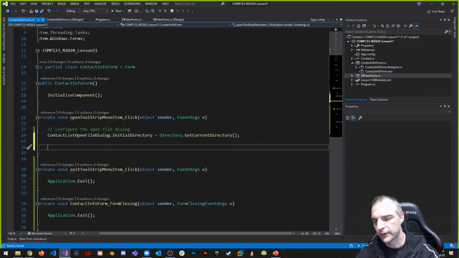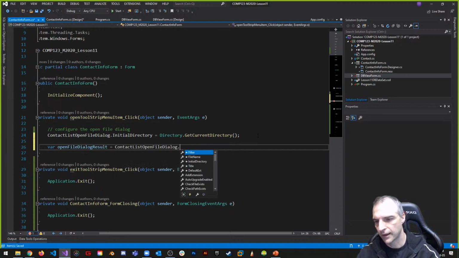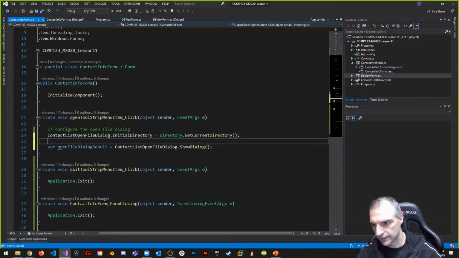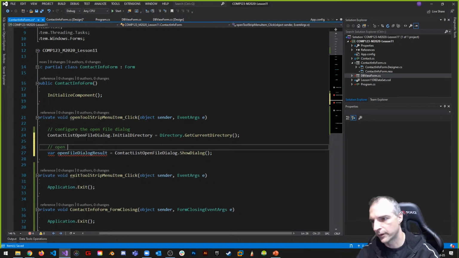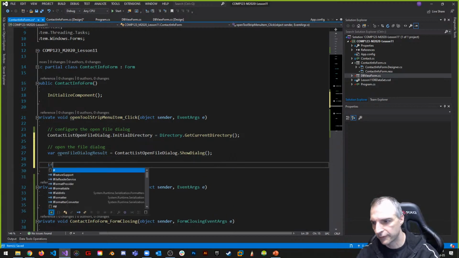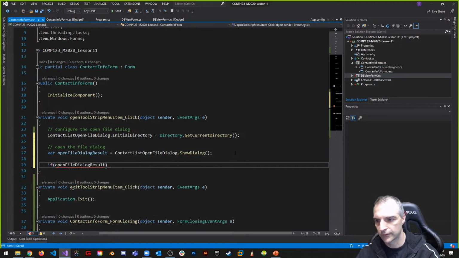And then what we want to do is, after we've done this, we've got our file dialog, it's committed. I want to open it up, right? So we need a var open file dialog result. It's not going to be the same, sorry guys. Dialog result is equal to the contact list open file dialog.show dialog. All right, we got this. So this is open the file dialog, right? And then once we open it up, if my open file dialog result is not equal to dialog result.cancel,